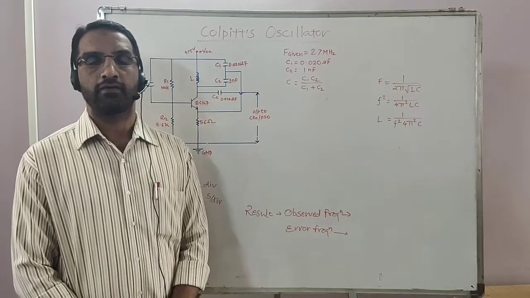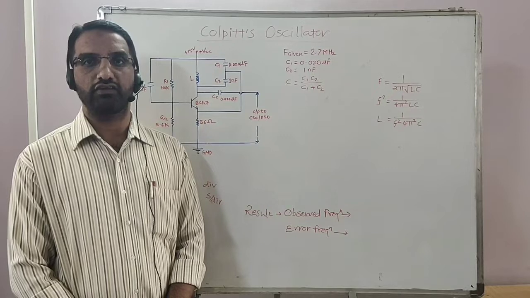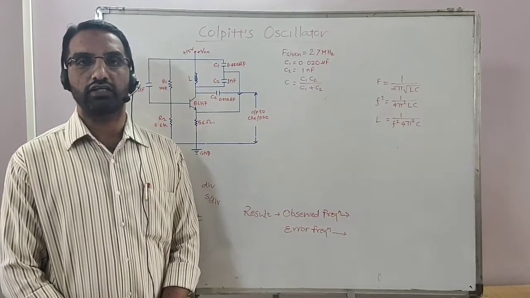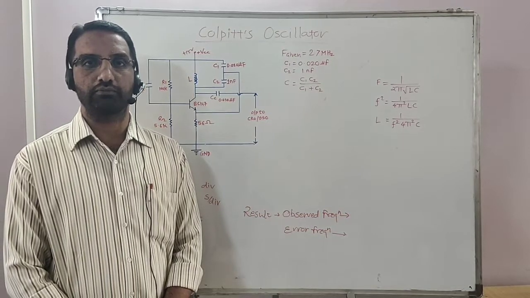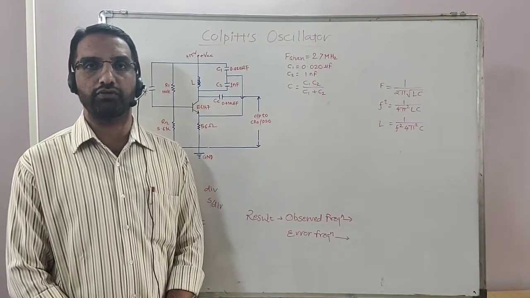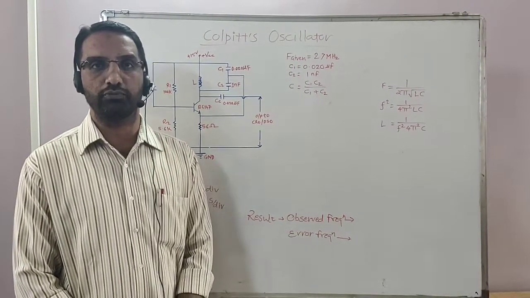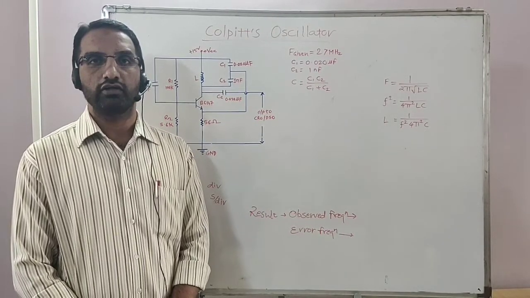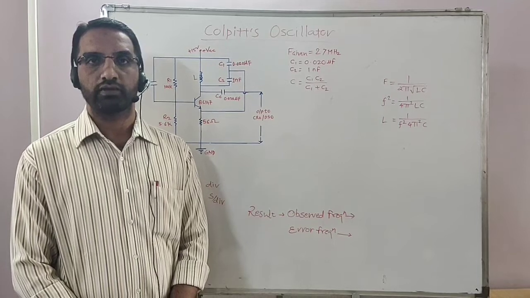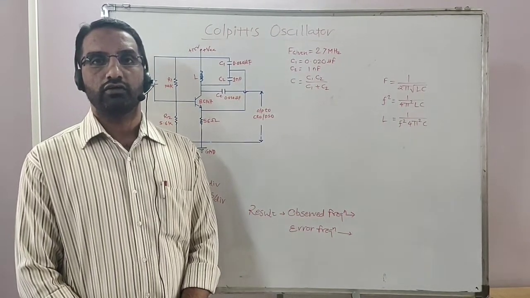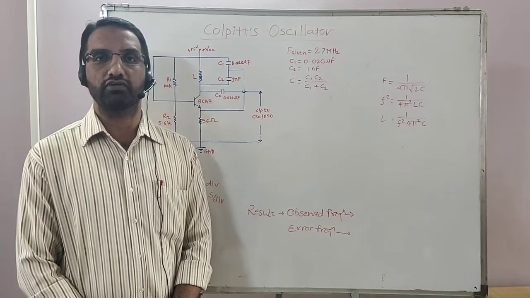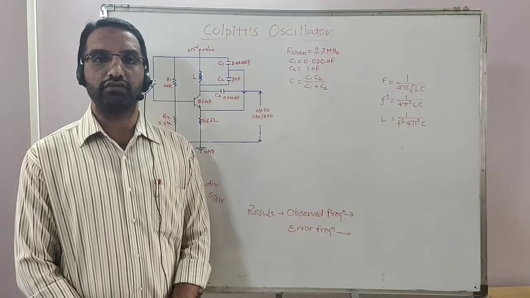The second type is the LC oscillator. In this case, a combination of inductor and capacitors is used. Hartley and Colpitt are the two examples. Here the combination of inductor and capacitor is particularly for designing high frequency signals beyond 20 kilohertz, so this type is also known as a radio frequency oscillator. But if we want to design the circuit for very high frequency signals, the third type is used. That type is the crystal oscillator. In this way we can design.